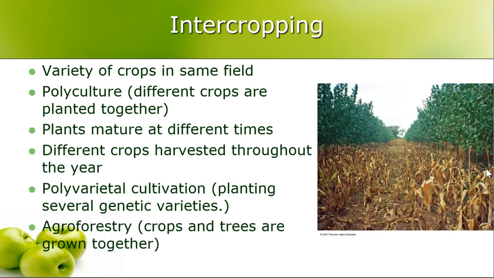So that's just a little bit about intercropping, and we take it a step further nowadays in something called agroforestry. And agroforestry is where you are growing a crop and a tree crop together. So here you have trees, and then here you have your crop, which in this case is corn. The great thing about agroforestry is that you can use the land really well, but the trees will act as windbreaks and they will protect the crop that you have there. It also allows for a lot of different things that we can talk about later.